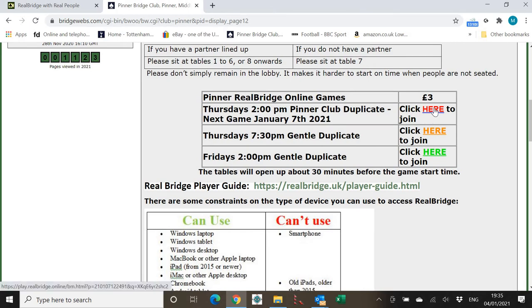Now these links are only active from approximately 30 minutes before the scheduled start time of the game. So don't click on them much earlier than that, because the director probably hasn't made the session live, so you'll just get an error message. But once we get to the point where it's about half an hour before the game starts, you can click to join, which I'm going to do. When you click to join,